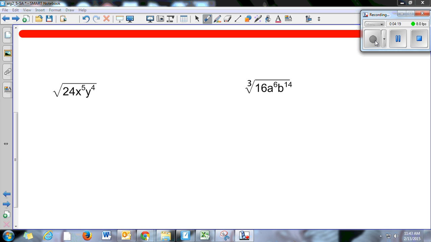All right, so you see we've got 2 examples here. One's a square root and one is a cube root. Right away, if I go into my calculator and try to take the square root of 24, it's going to give me a decimal answer. That's not what we're looking for. Hopefully by now we've talked about how to simplify